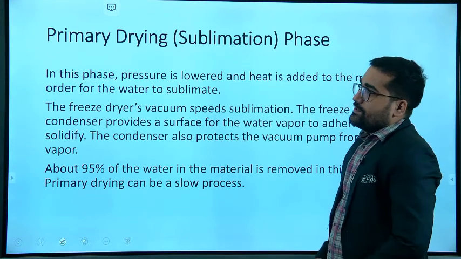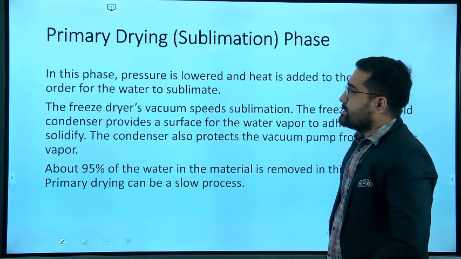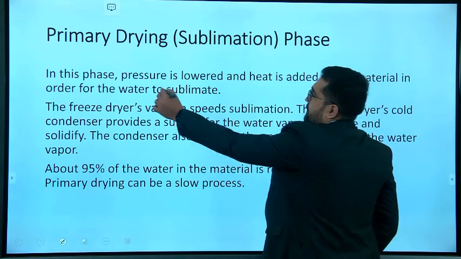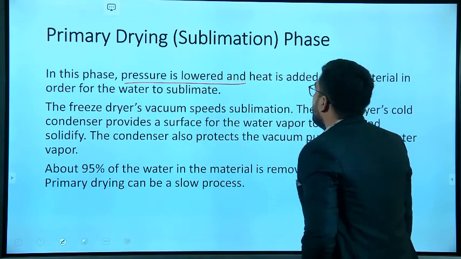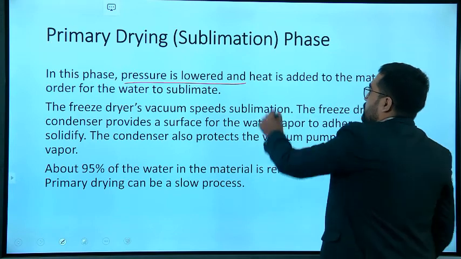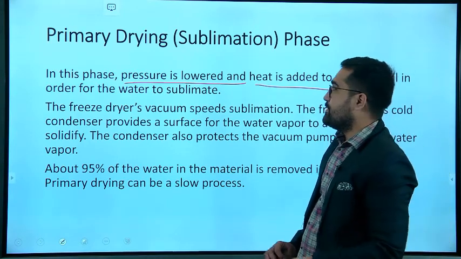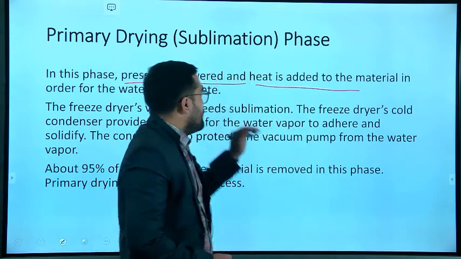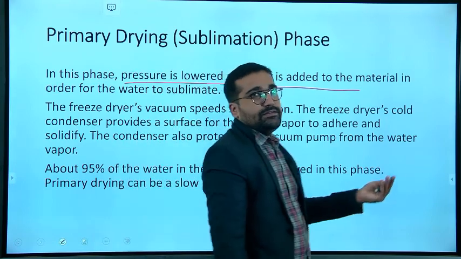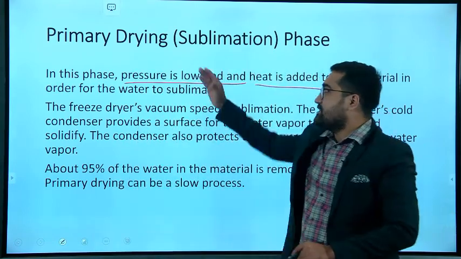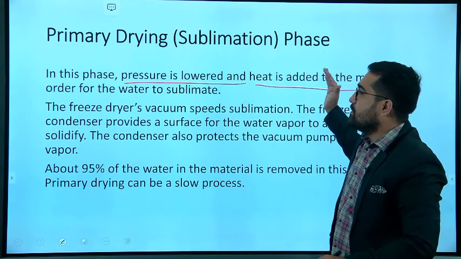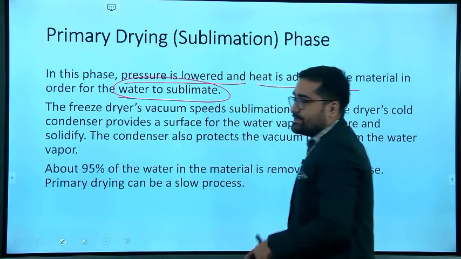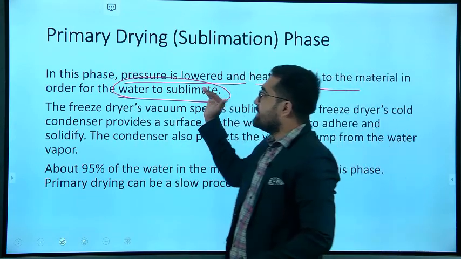So next, after the freezing phase, the next stage is the primary drying stage. In the primary drying phase, we reduce the pressure and we add heat to the system, to our drying chamber. Okay, temperature is reduced, we have seen in the graph. Pressure is reduced and also heat is added to the system. So what happens? Water starts evaporating and it starts sublimating. Sublimation starts at that time in the primary stage.